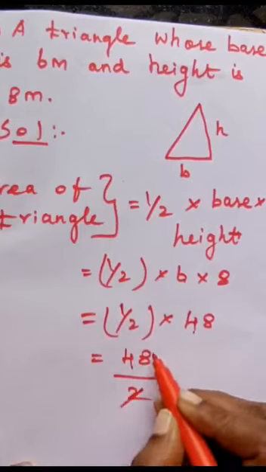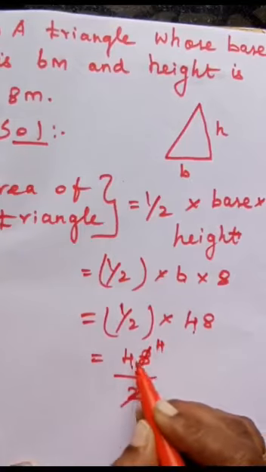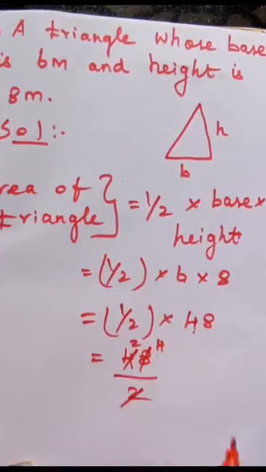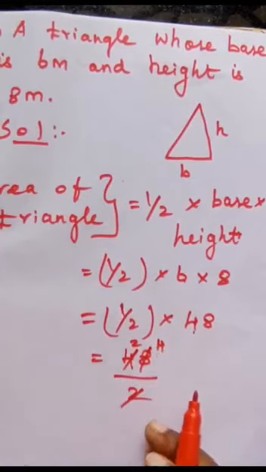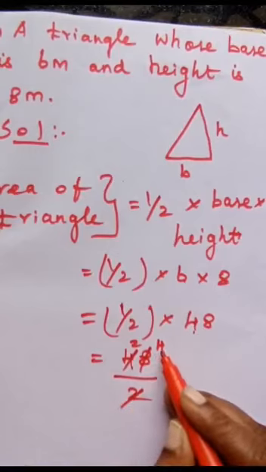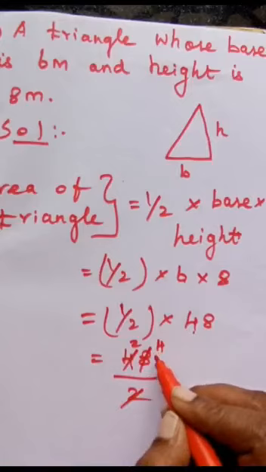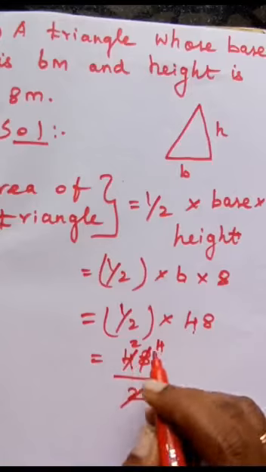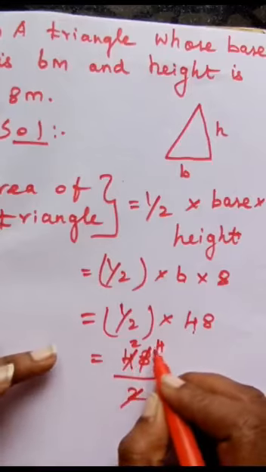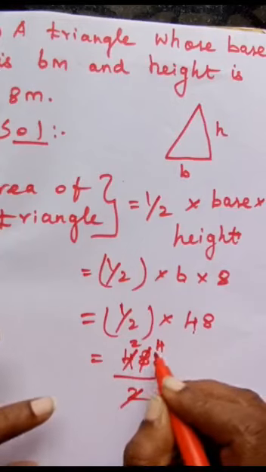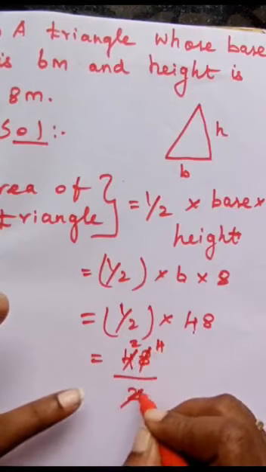So in 2 table 8 will come how many times? 4 times, and 4 will come how many times? 2 times. If you have any doubt in division, you can cross check the answer, which means you should multiply this. Say for example 24 times it has been cancelled, right?